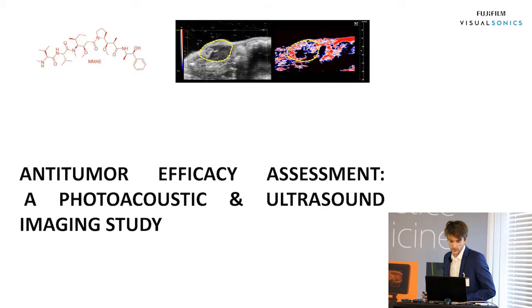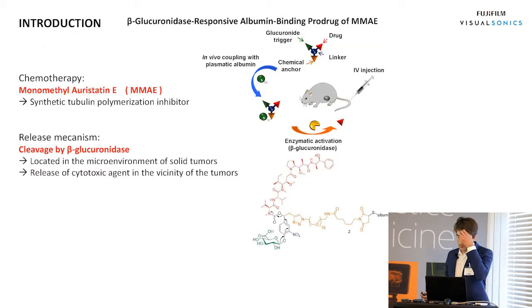The next example is an anti-tumor efficacy assessment, a photoacoustic and ultrasound imaging study. First of all, I will explain the prodrug we were using. This prodrug is a beta-glucuronidase responsive albumin-binding prodrug of MMAE. The MMAE is monomethyl auristatin E, which is a synthetic tubulin